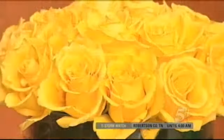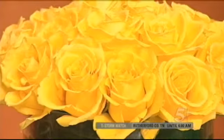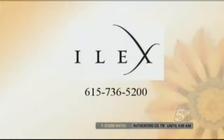And speaking of color, as you can see, we've got some gorgeous color. Look at that just popping off of your screen right now. That's Ilex for Flowers. And one of their secrets is, you've heard that aspirin or vinegar will prolong the life of cut flowers. Well, actually, sorry to say, but that's a myth. Hey, you can contact them at